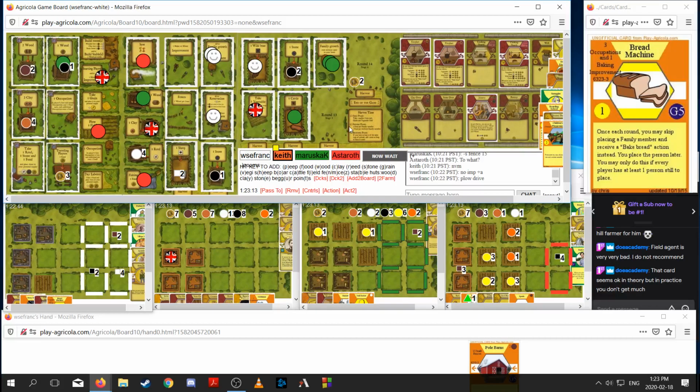Yeah, I kind of want Astaroth to start player, because if Astaroth takes start player, then that puts a lot of pressure on the Reno, theoretically, if Keith doesn't Reno, so...